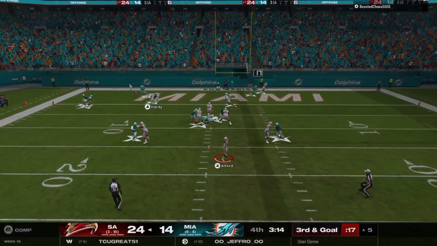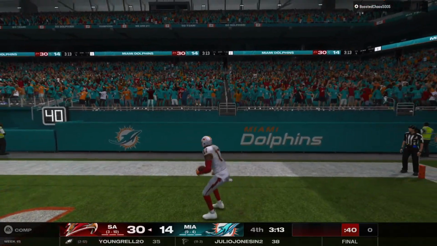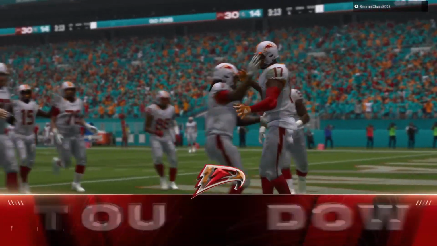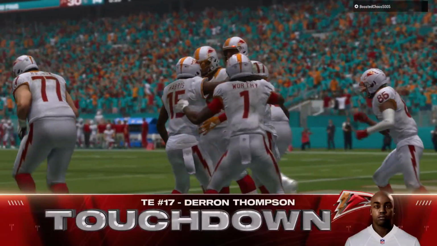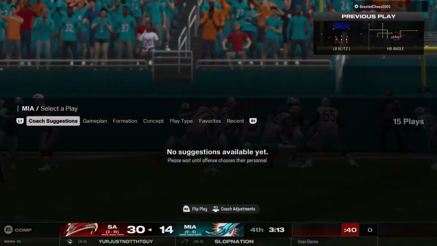Here comes the blitz as he looks to throw. That is caught by the tight end. Touchdown, Thunderbirds. That is second touchdown of the game. He's up to 9 now on the year. Greg, that's one of those scores where it's not completely over, but